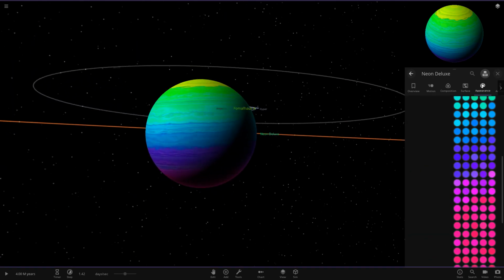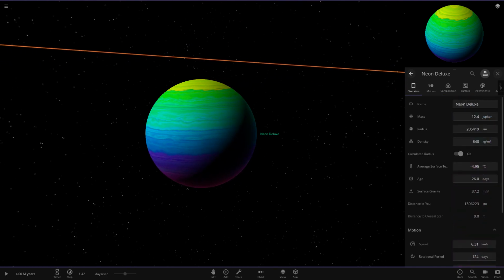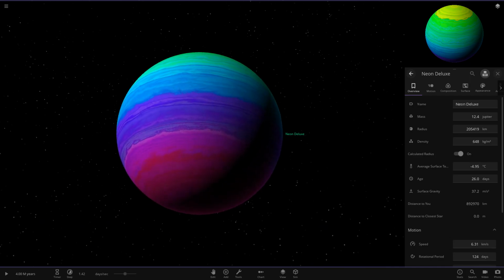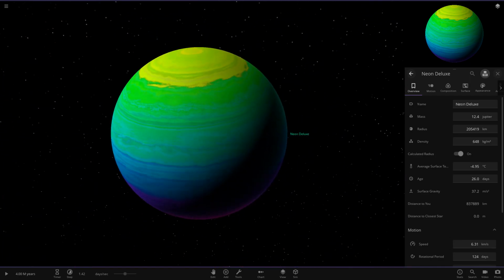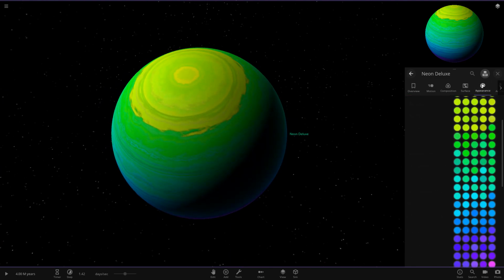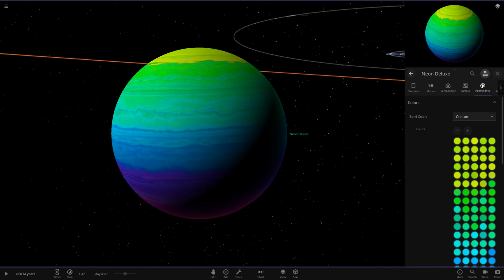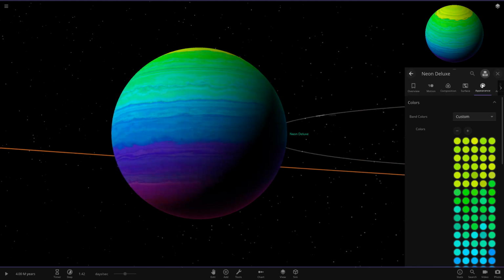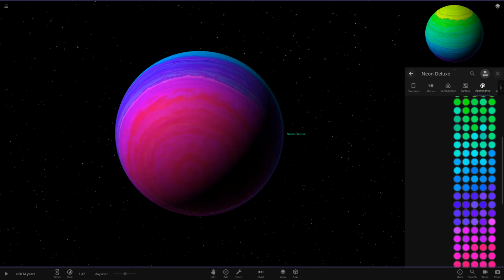Okay, everyone, that is my Neon Deluxe customization done. That one was quite a challenge, I have to say. I was really picky between the band, blending the colours and stuff. I found it quite challenging. But yeah, there we go. So that's my final result for it, I guess. This one was definitely tough. You probably saw on that bit where it was all sped up, I was clicking all around, changing the same colour over and over again, just trying to get it exactly how